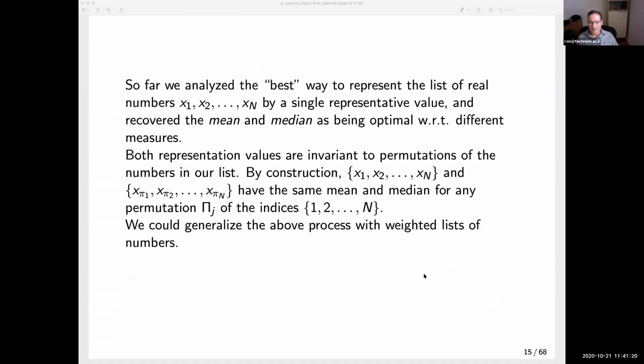So what do we have until now? What we have until now is somehow realized at best, and the best is either the MSE or the MAD, that gave birth to the average or to the median of a list of numbers. Okay, and then we recover the mean and the median as being the optimal with respect to the measure itself. Now, what we would like our psi function to be robust with, and our estimators to be robust with, is